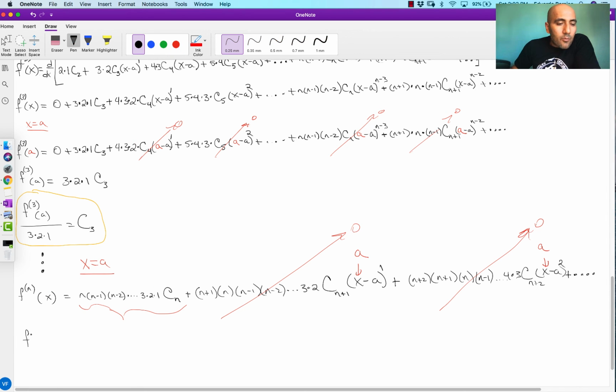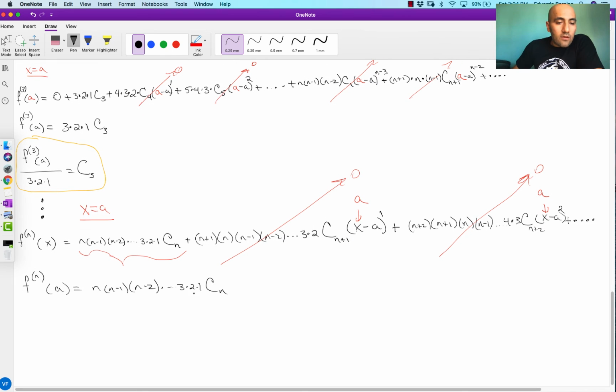We're going to end up with the nth derivative of f evaluated at a being equal to n times n minus 1 times n minus 2, dot dot dot, all the way down to 3, 2, 1, times c sub n. And now to solve for c sub n, we divide both sides of the equal sign by this. And so we get that the nth derivative